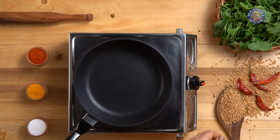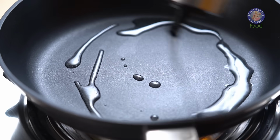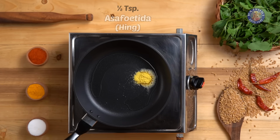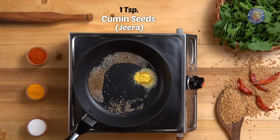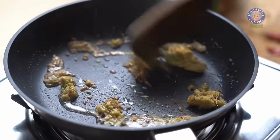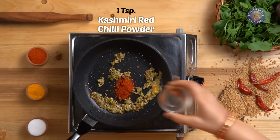The pan is hot. Keep the flame low. Pour 2 tablespoons of oil. To this, I am adding half teaspoon of Asafoetida or hing, 1 teaspoon Cumin Seeds or jeera, 1 tablespoon Ginger-Chilli Paste. Saute this well. Add in 1 teaspoon Kashmiri red chili powder,